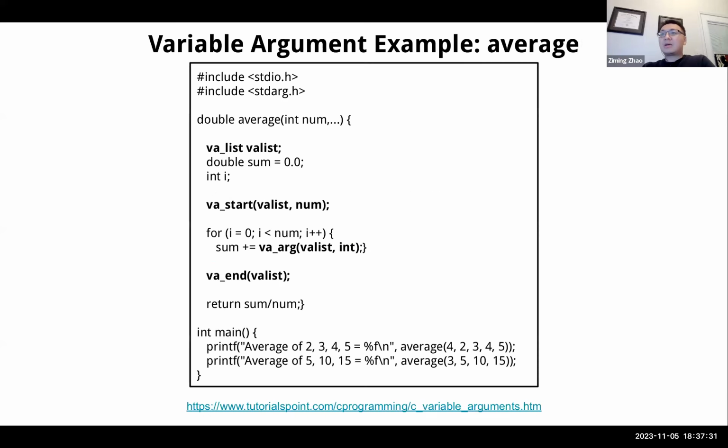So let's take a look at this concrete example. I downloaded this program from this URL. You can click this link to find the source code. In this simple example, we want to compute the average of some